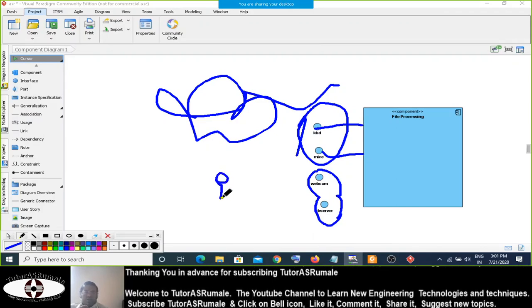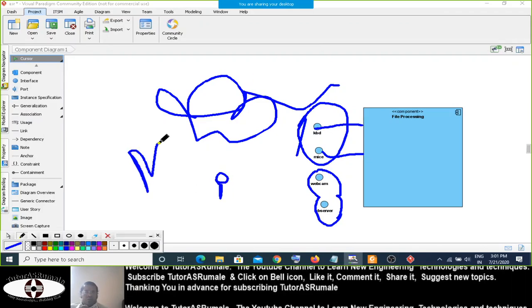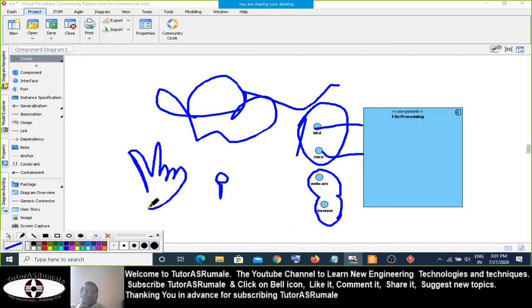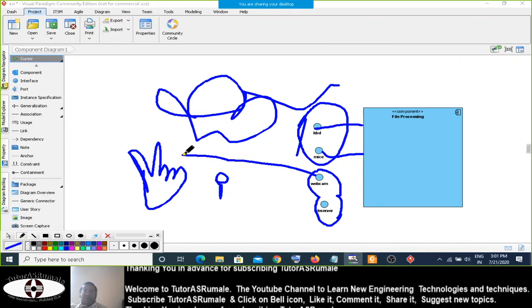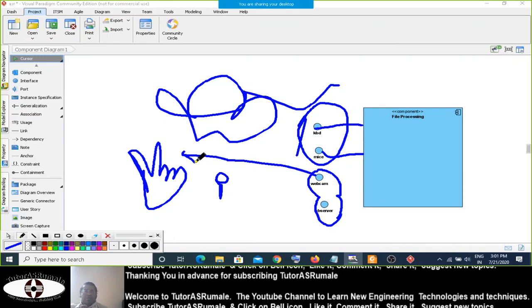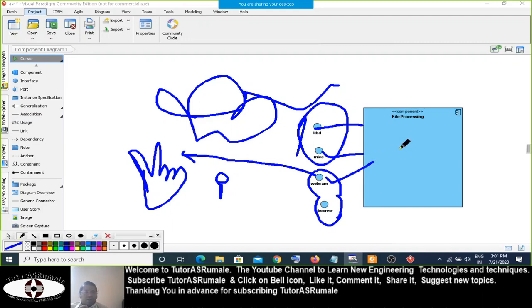For example, let's say suppose I show a victory sign to this thing, then this webcam will observe this victory sign and will say, okay, there is a victory sign, so it will automatically type here "victory."